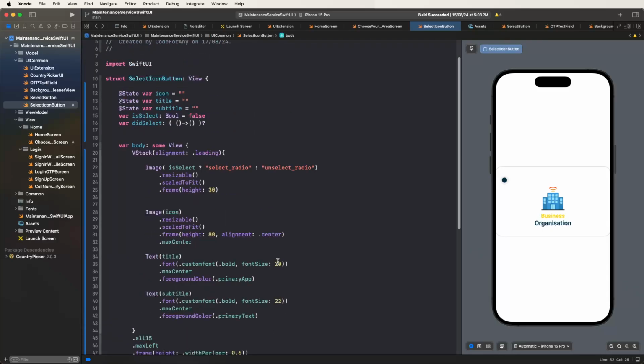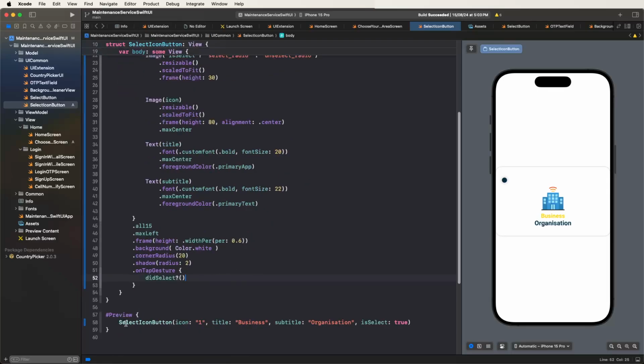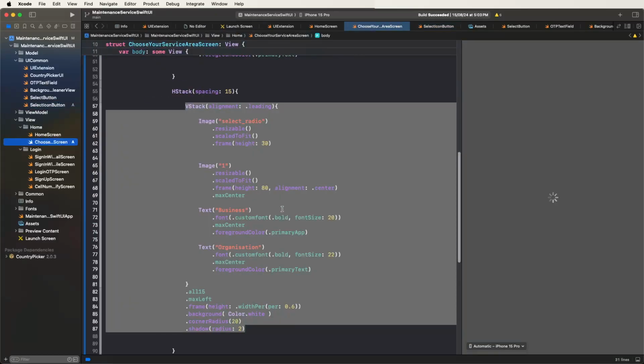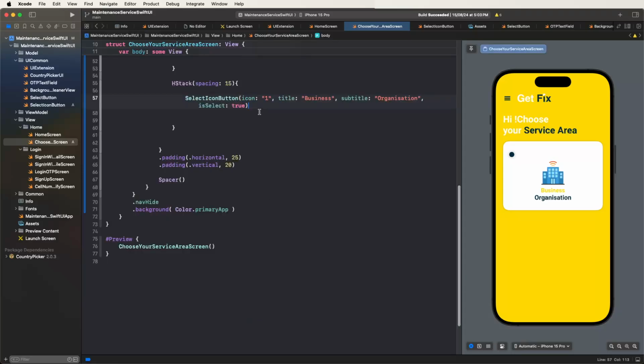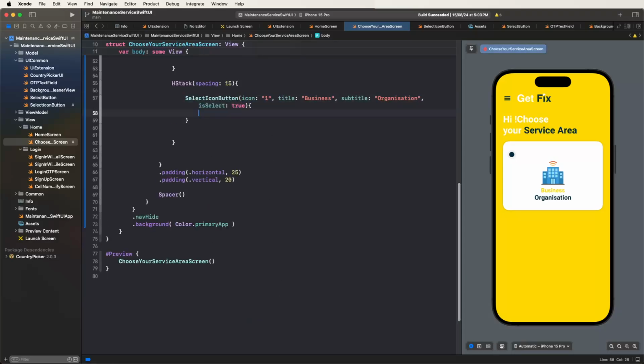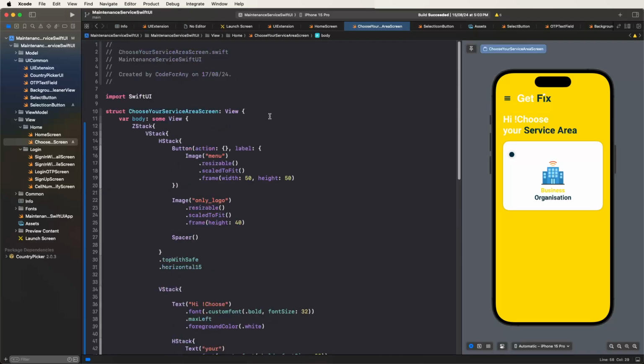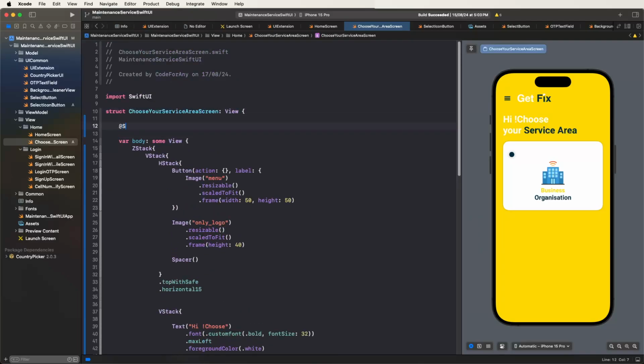Now this is the configuration for the select icon buttons, the common widgets we need to develop. Now we need to use these buttons directly. We need to copy here and go inside the choice screens and replace it with this value, put it here, and also create the state image. Now we need to write the selection state, where isSelect